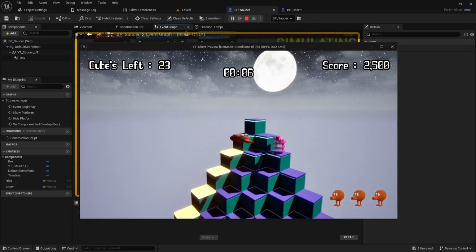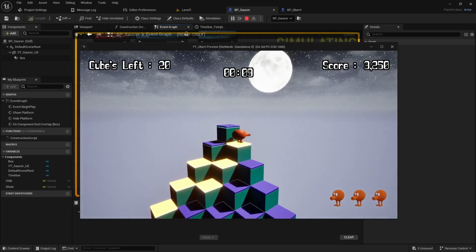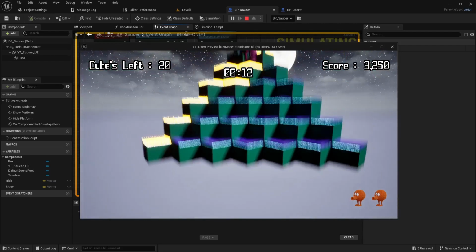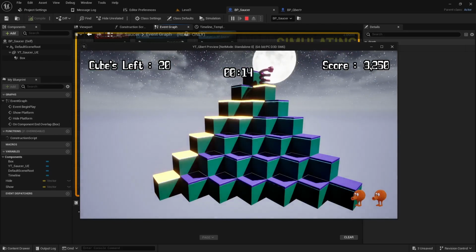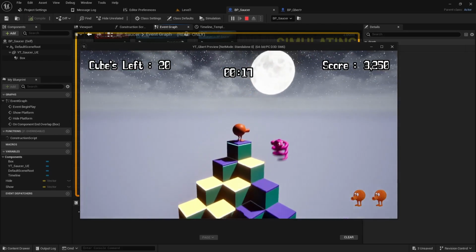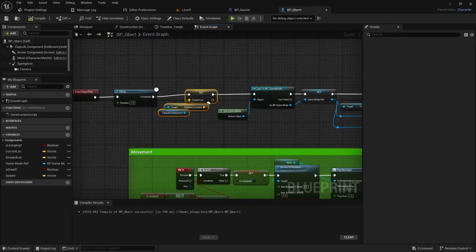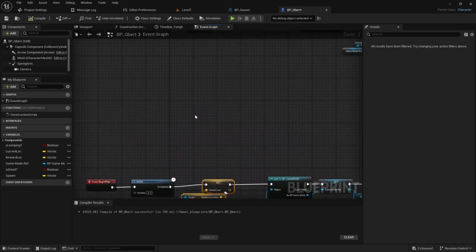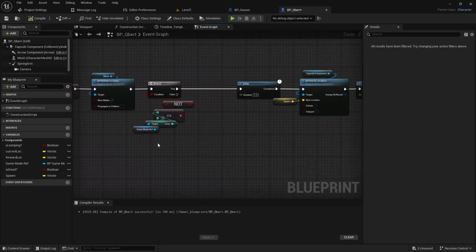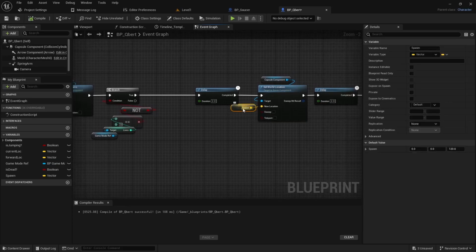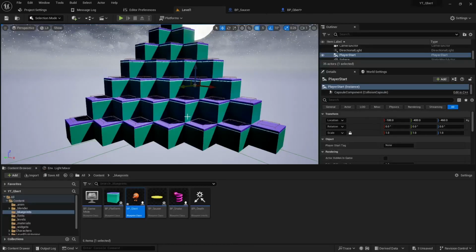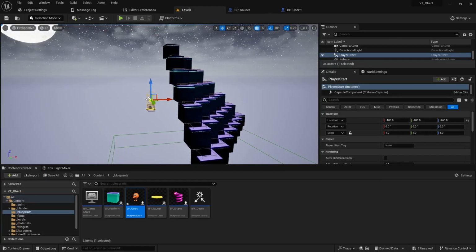Now, I don't think it's going to work on death because I don't think there's anything that triggers it on death. So if I jump off and die, also I think I'm going to spawn at the top. I don't think we ever updated that, so we got to fix that. So Qbert, when he dies, which is up here, he gets spawned at this spawn location. The spawn location really should be our player start, right? So if we come over here, we have our player start selected. We want this location right here. So